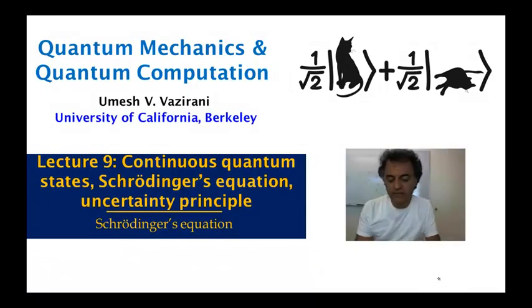Okay, so in this video, we are going to try to understand intuitively the form of Schrödinger's equation for a free particle on a line. Remember what we have with a free particle on a line: the particle is free to be anywhere on the real line, and its state is described by a wave function,